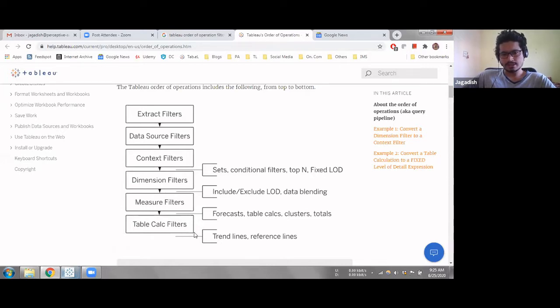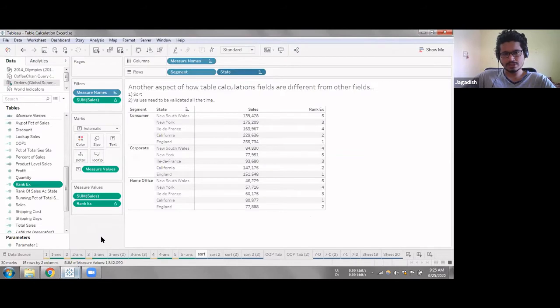So what is happening here is, if you remember from the first session, the difference between a normal calculated field and a table calculation is that calculated fields go into the creation of a view, into the making of a view, whereas table calculations are not involved in creating a view, but once the view is created, they are involved in enhancing it.